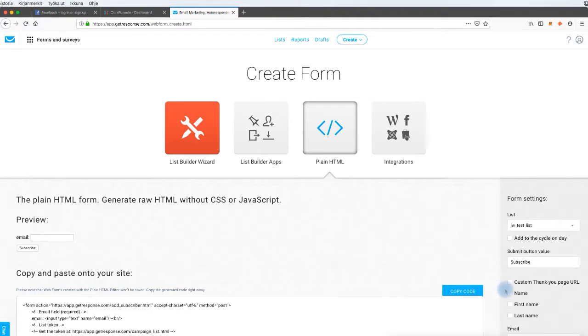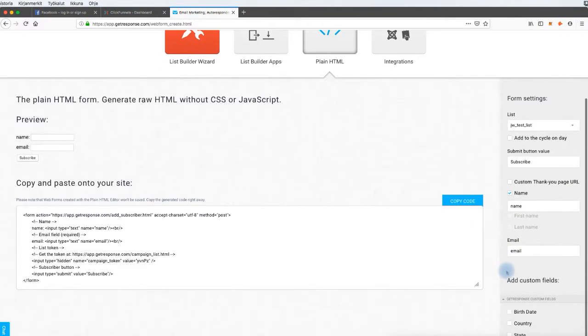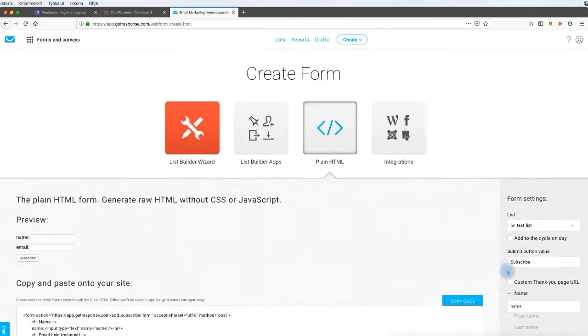As you remember, in our ClickFunnels opt-in page, we required to have a name and email. So we have to add name. I will scroll down so you can see better. Email is of course there as a default. Then you have to add your thank you page address. So click here